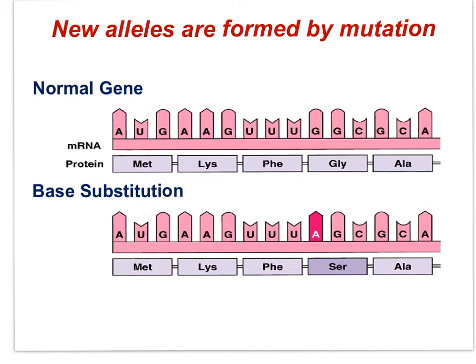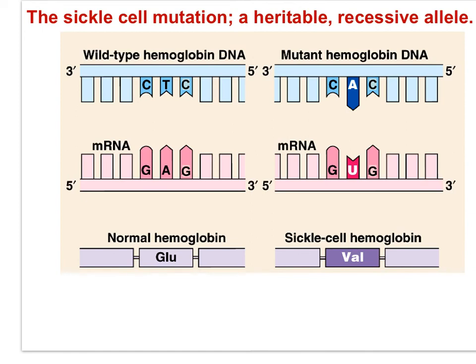A single amino acid change, even in a long strand of amino acids, can have dramatic effects on the functioning of the protein to the extent of causing disease. This diagram shows the sickle cell mutation, and we'll start with the amino acid sequences at the bottom. The sixth amino acid in a chain of 146 in normal hemoglobin is glutamic acid. The mutation results in glutamic acid being replaced by valine. One single amino acid change in 146 amino acids results in a disease that has dramatic effects for someone who